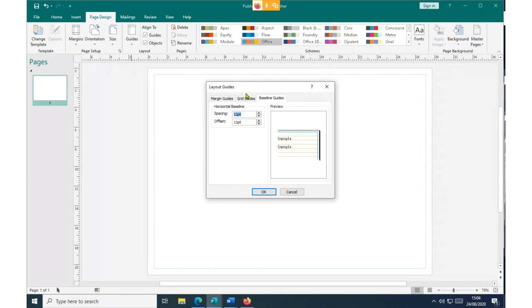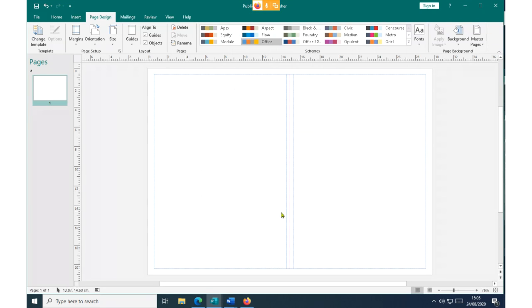page. So for us to change the columns, you click on Grid Lines on the page layout guides, and then select the number of columns. Increase the space between the columns so that they can be seen, or when you're going to fold, leave the row at 1, put the center guide, the one that is going to show you where you can fold from, and then click the command OK. You'll be able to see this is now the space between. This is our center line. This is the first column and second column. As simple as that, you can achieve your goal.